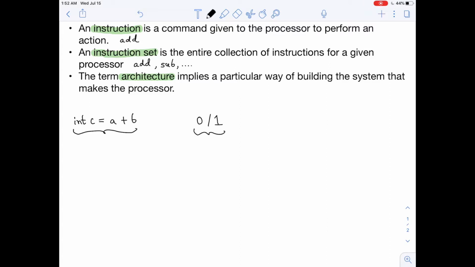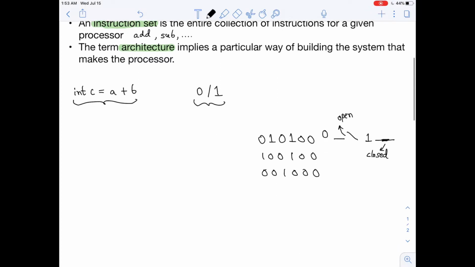So what happened in the early days is that programmers used to write programs in machine code. That is, they would write programs like this. Basically, there would be a set of instructions written in machine code, and machine code, as you can already tell, consists of only zeros and ones. The way they wrote these programs is that there were switches. A 0 would mean that a particular switch was open, and a 1 would mean that a particular switch was closed. As you can tell, this was pretty gruesome, and it was very difficult to program back in the days. So to make things easier,